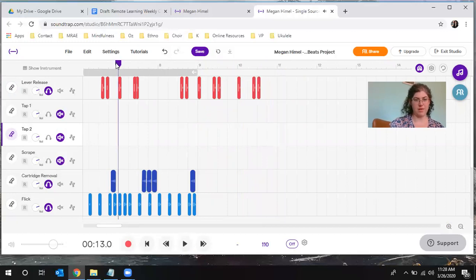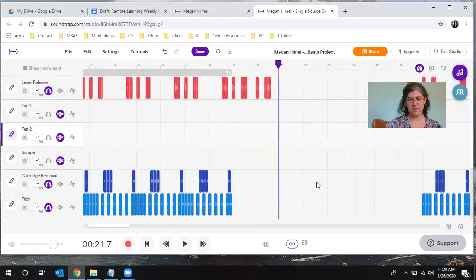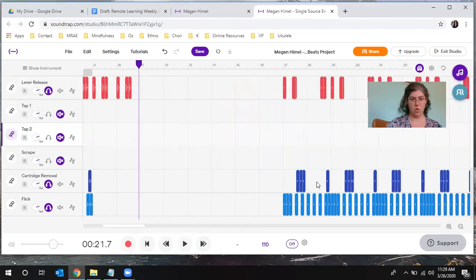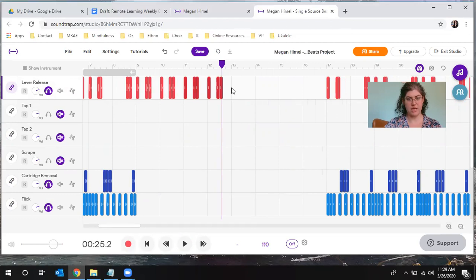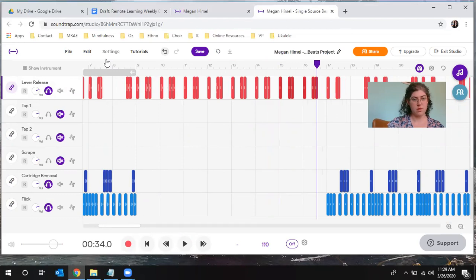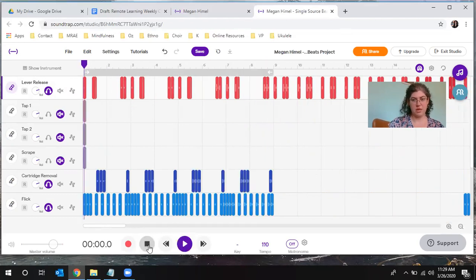So if I go back a little bit, that's, I think, a nice steady sound that I want underlying my whole B section. Bop, bop, bop, bop, bop, bop. So I'm just going to copy and paste that because I know I like it. And there. So from the beginning,